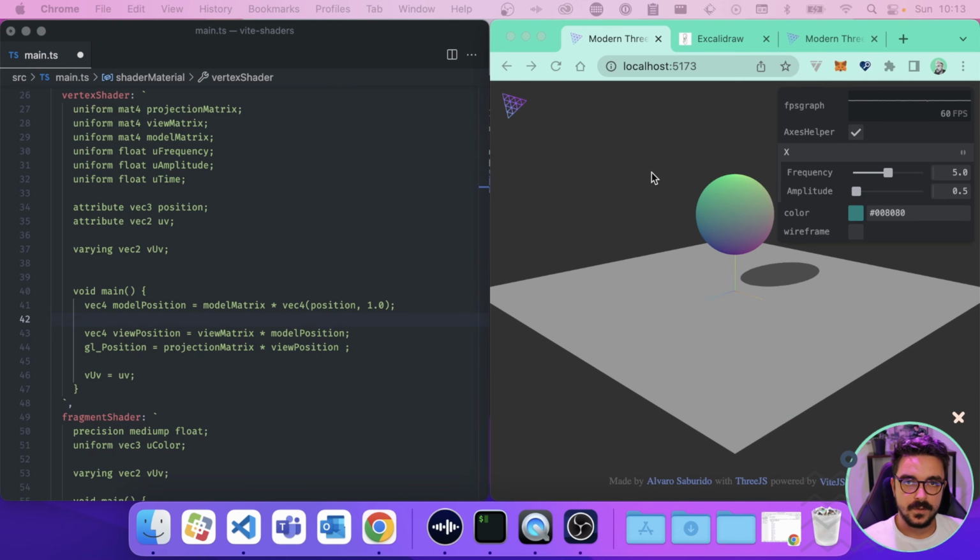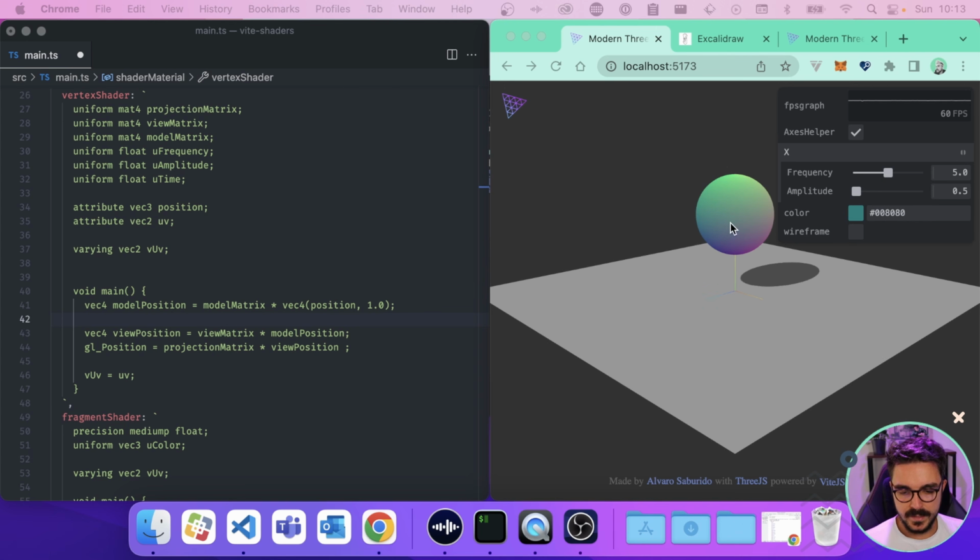So until now, we have learned how to use the vertex shader to create different forms, modify the position of our geometry, and also create kind of cool waves using the sine wave. Also, we learned how to pass uniforms to control the amplitude and the frequency of the sine wave to make different forms.